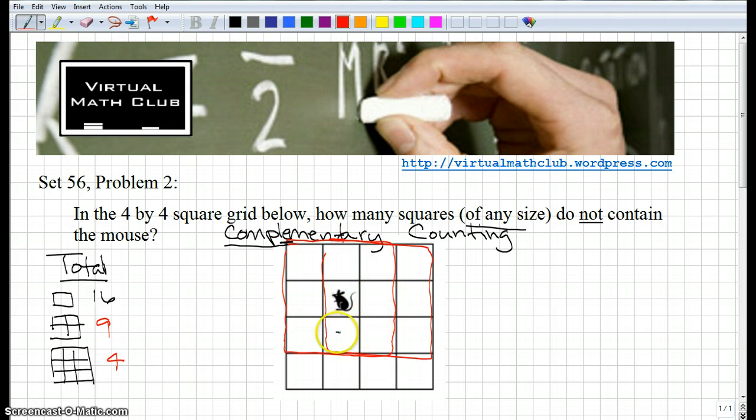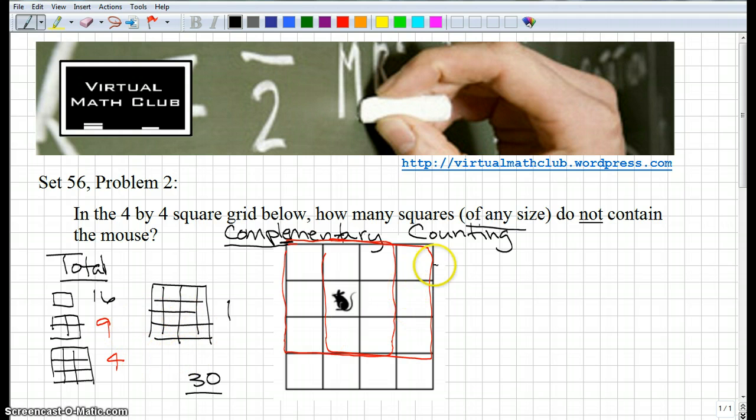And it looks like they're actually all going to contain the mouse, right? But okay, we're not worried about that. And then finally we've done 1 by 1, 2 by 2, 3 by 3, and then we have, of course, the biggest one, the 4 by 4, the whole thing. I'll just sketch it here. And of course there's only one 4 by 4 square. Okay, so we have a total of 1 and 9 and 4 and 16, so that's a total of 30